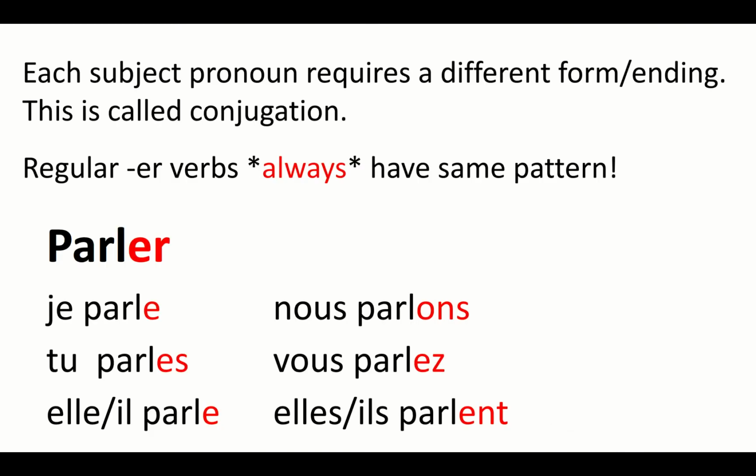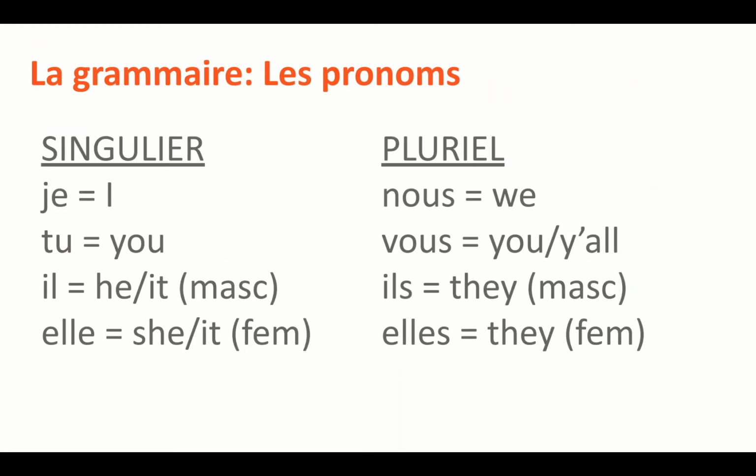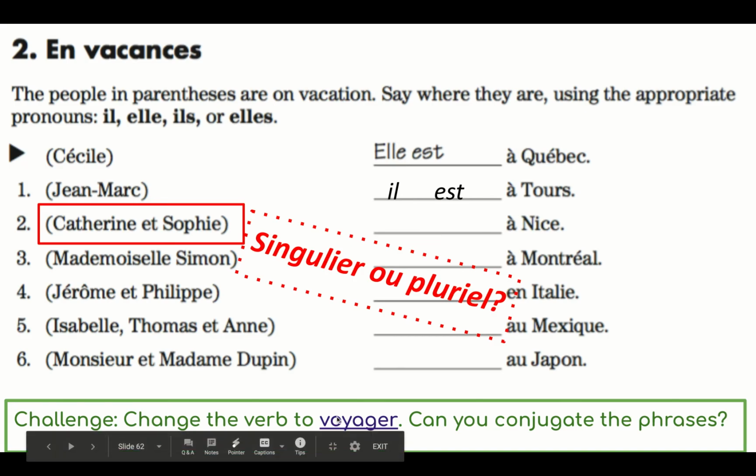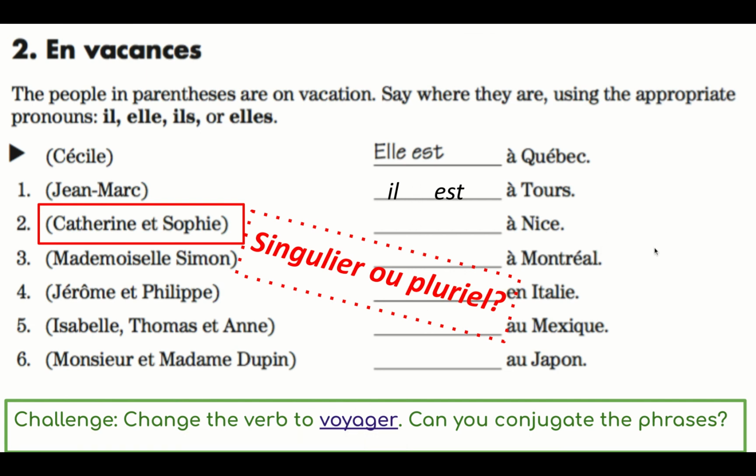Okay, bon courage. Okay, so the second part of this assignment, the one where you're saying where all these people are, is I want you to do the same thing, except use the verb voyager. So you're going to say, they travel to, or he travels to, all right? So I want you to practice the conjugation, the forms of the ER verbs as well. That's what that challenge means at the bottom. Okay, so if I go back here, when it says challenge, change the verb to voyager. So you're going to have to do this with être and then off to the side do it with voyager.